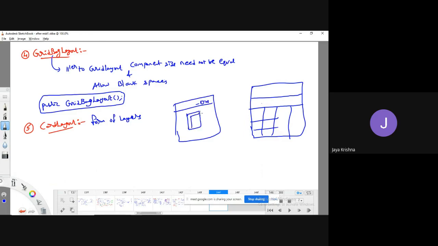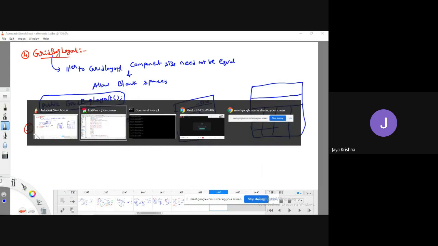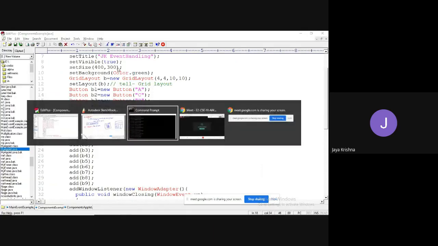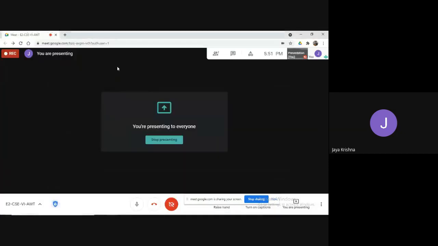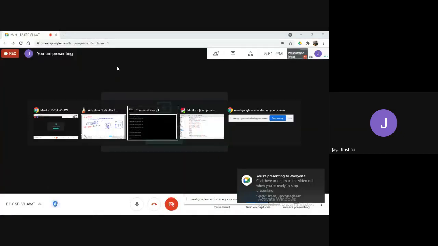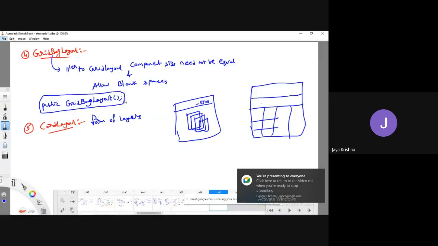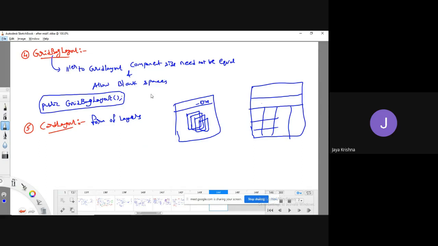Frame, on top of that one more frame, on top of that one more frame, like that. For example, AutoSketchbook is one frame. On that, Edit Plus is one frame. On that, Command Prompt is one frame. On that, Google Meet is one frame. Like that, the frames are going to be arranged. Like that, all the containers are going to be arranged.